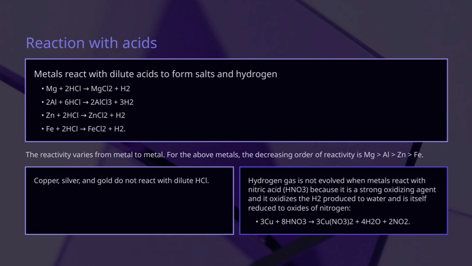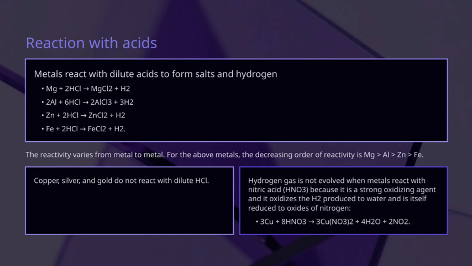Now, moving on to metals like copper, silver, and gold. These metals don't react with dilute hydrochloric acid at all. Their reactivity is quite low, which means they don't easily form salts or release hydrogen in these reactions. Speaking of reactivity, it's important to understand that metals react with dilute acids in different ways depending on their position in the reactivity series. The general trend is that magnesium is the most reactive among these, followed by aluminum, zinc,